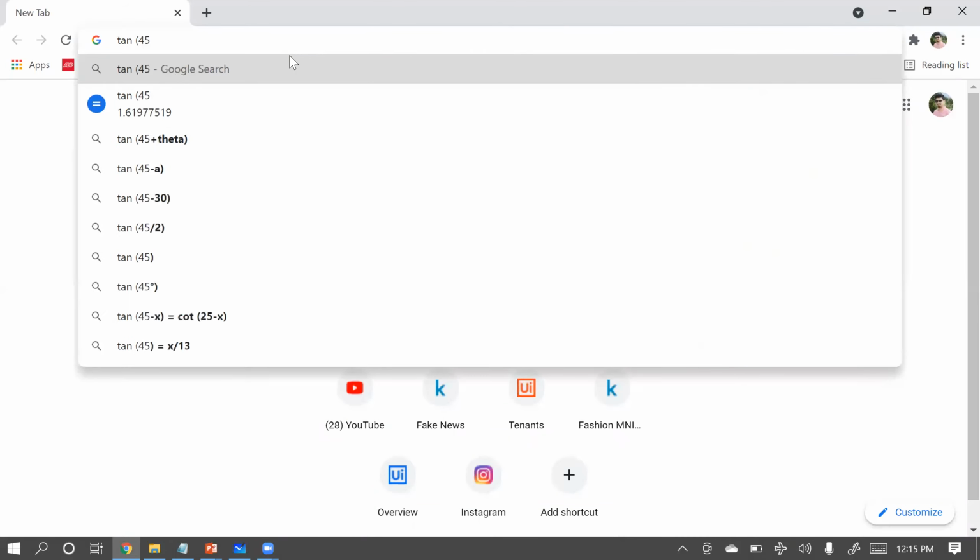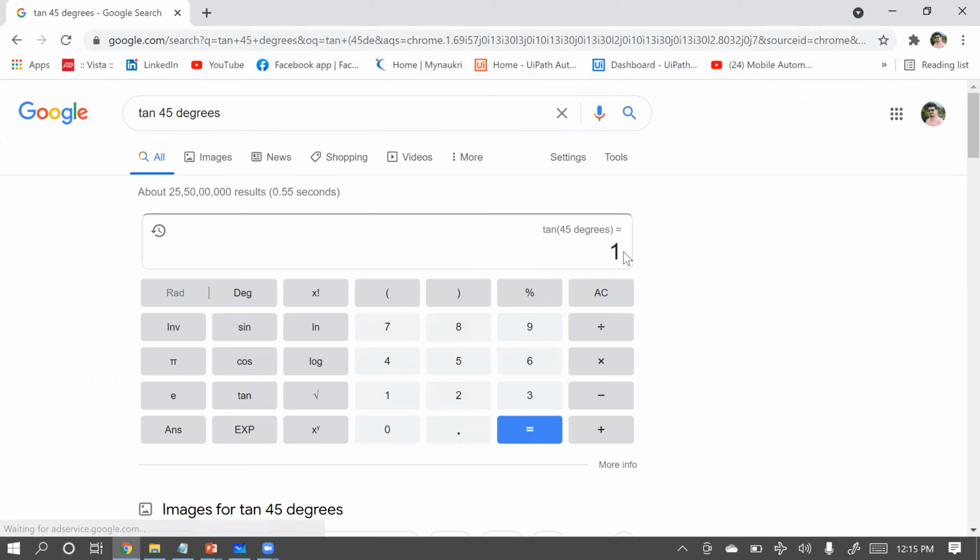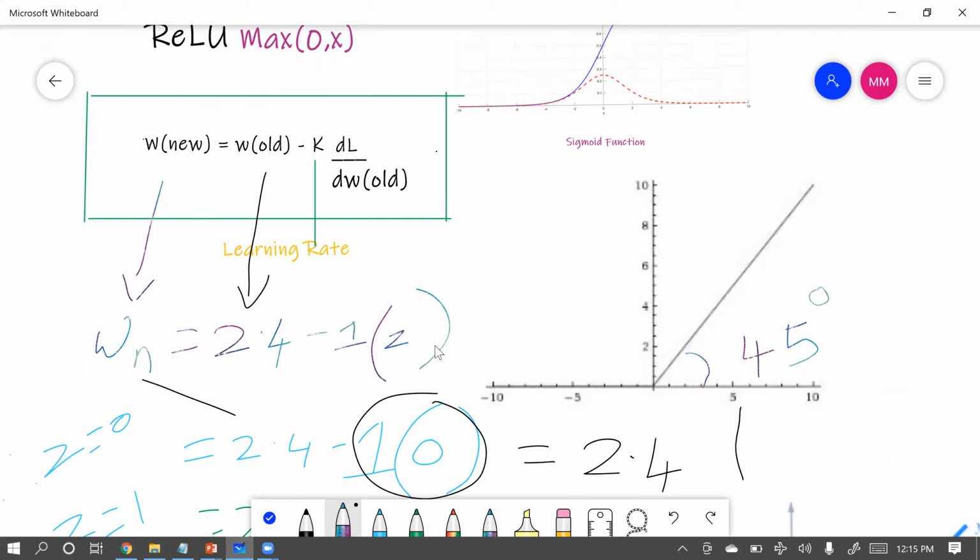Tan 45-degree is nothing but 1, right? So at the same time, we have a z value as 1, then obviously this graph should be at 45 degrees, correct? So again, here we will not be facing the problem of global minima. If our value is 0, obviously the new weight will be 0. If our value is 1, it will range from 0 to 1 in a 45-degree manner, correct?